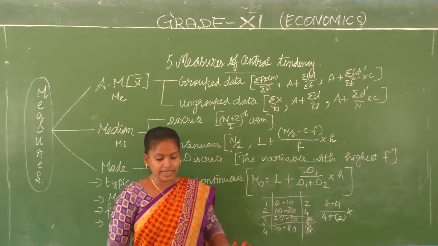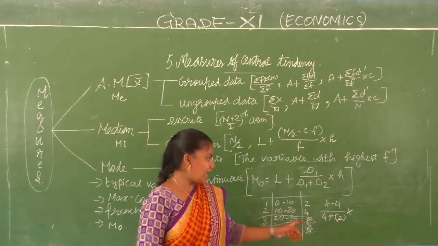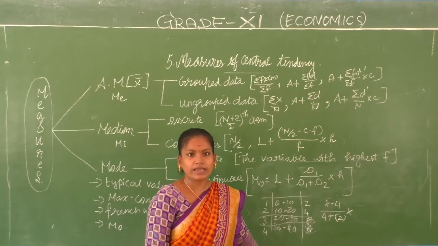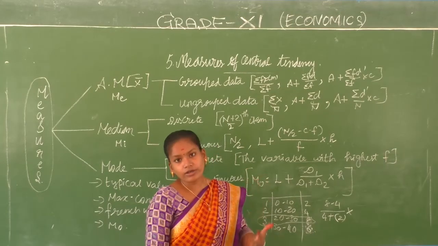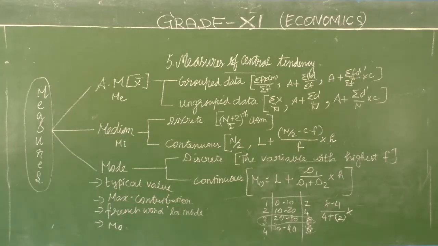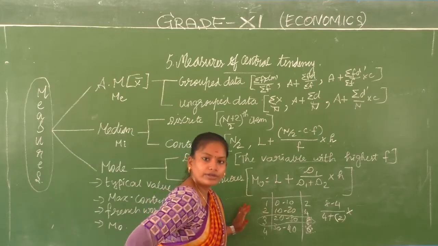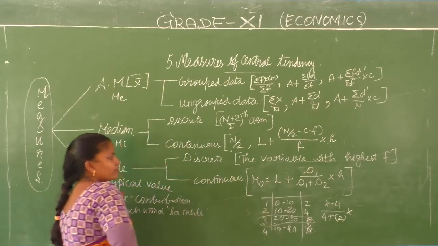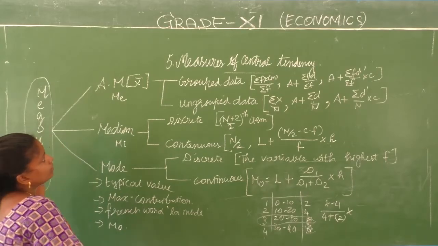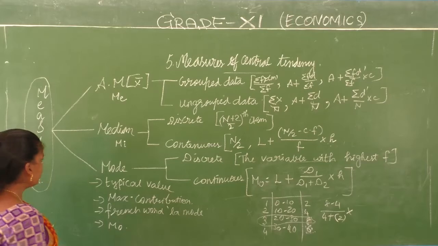That's it. We are not going to talk about the signs here: 8 minus 4, then 8 minus 6. Plus sign, minus sign, we are not going to talk about. We are just going to take the numerical values and find the mode. First, we are going to find the modal class. After finding the modal class, we are going to continue to the next step, that is finding the mode. Clear children? We are going to continue with finding the mode. Clear?